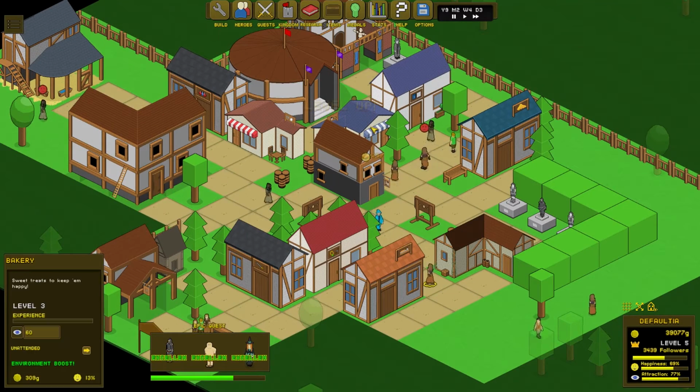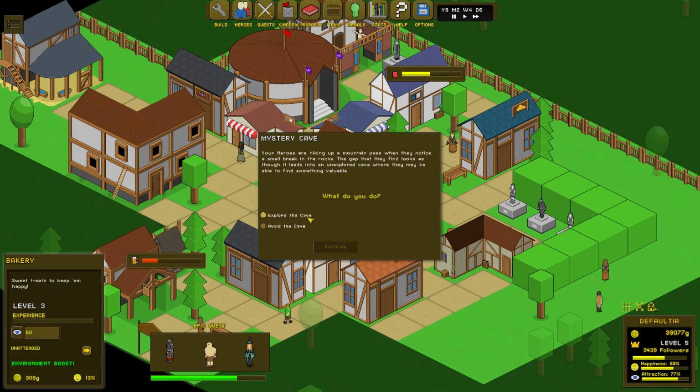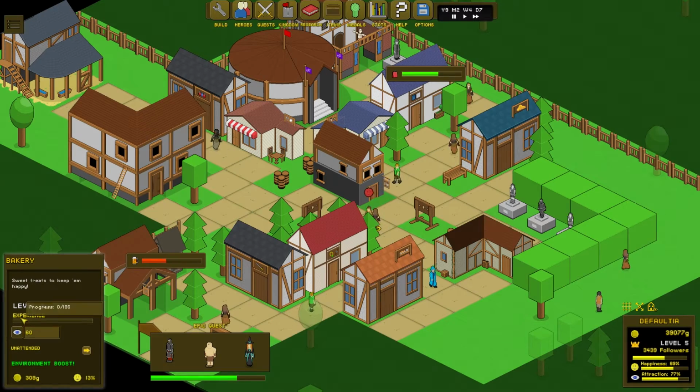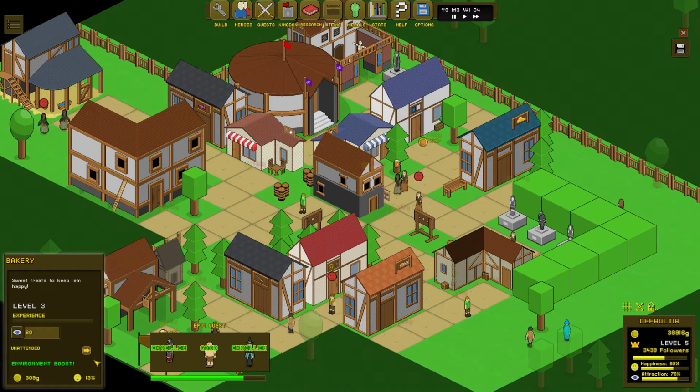Okay, what's just leveled up? So the bakery has leveled up. Right, okay, let's click on the bakery. Oh man, it's got 13%. Cool. Okay, so I think I've still got... Yeah, I've still got Carl in...